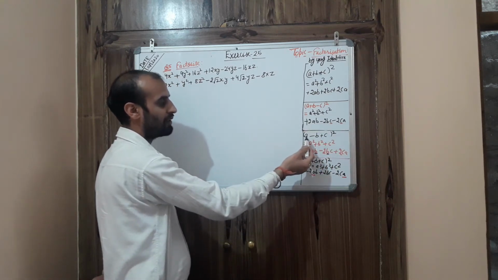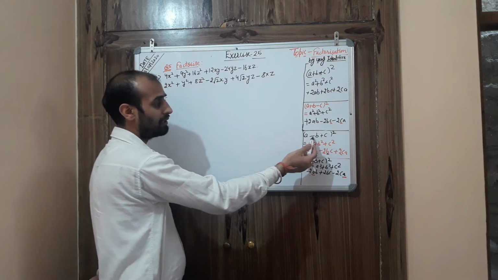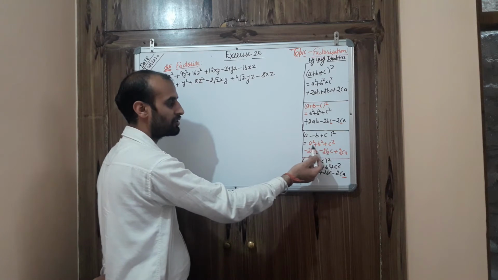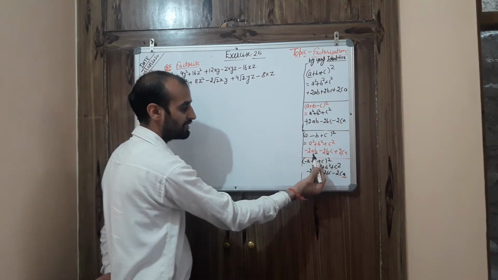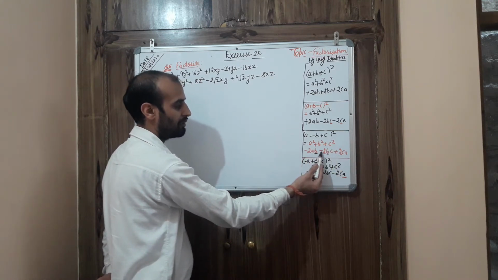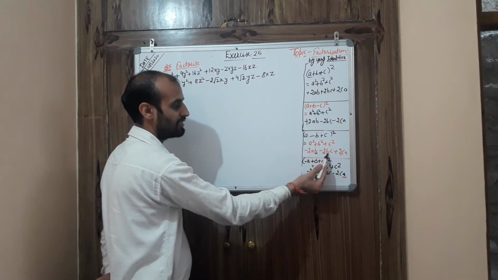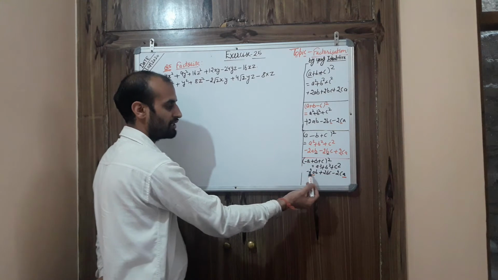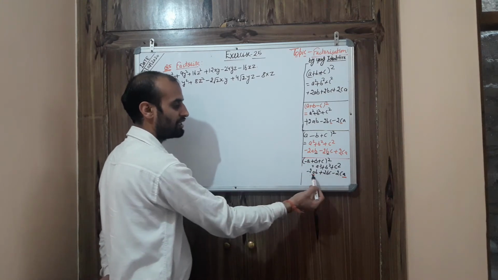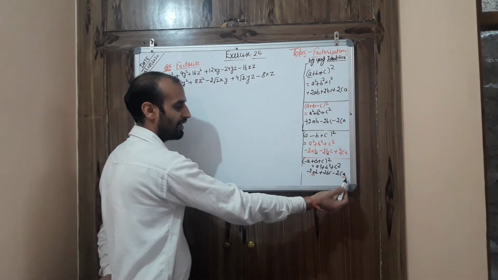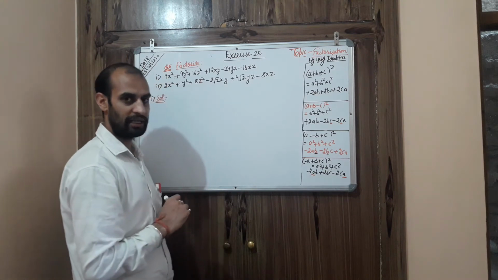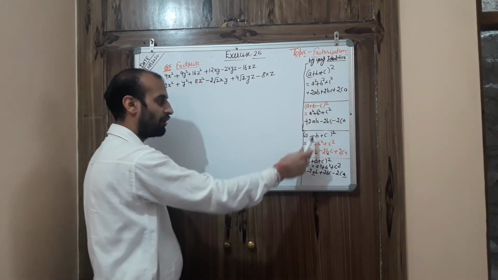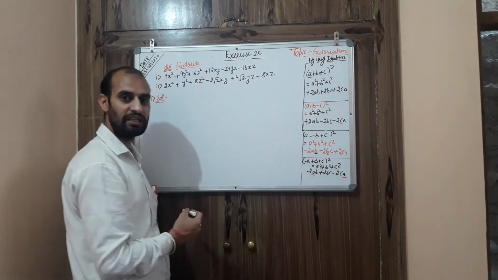Similarly, in the next formula I have taken b as negative, so the second term is negative. If the second is negative, the first three are once again positive, but see here the negative sign remains with the terms where b is involved. If a is negative, the first three are again positive. Where is a? In the first and in the last term. These two become negative. So this is the important formula, and I have derived all three from this one just by changing the sign.